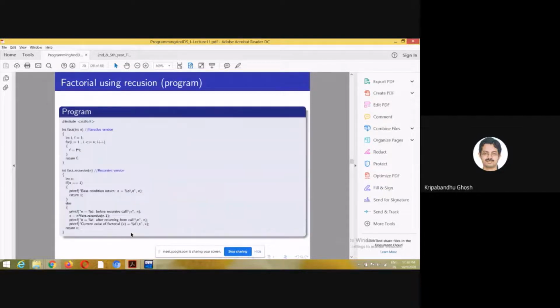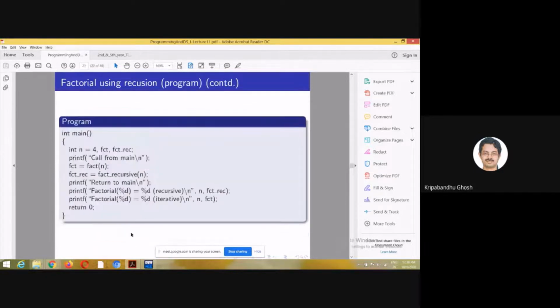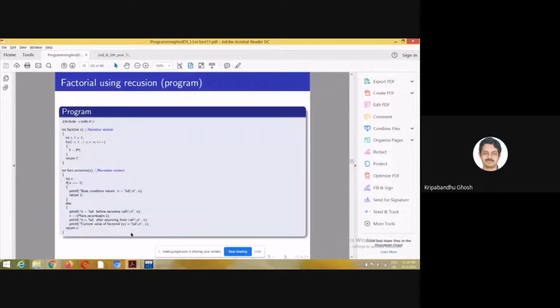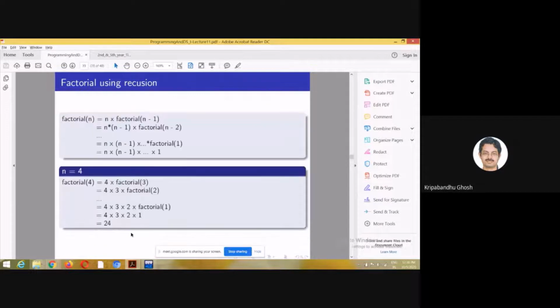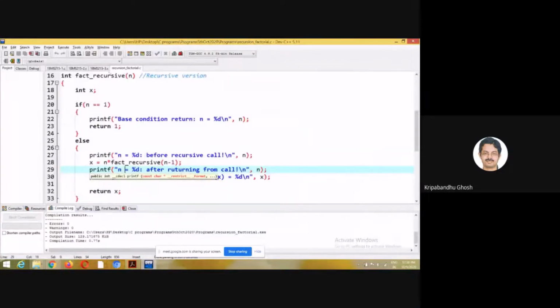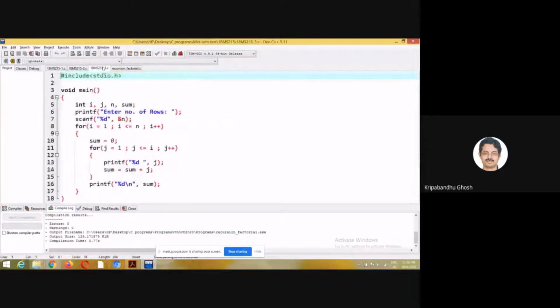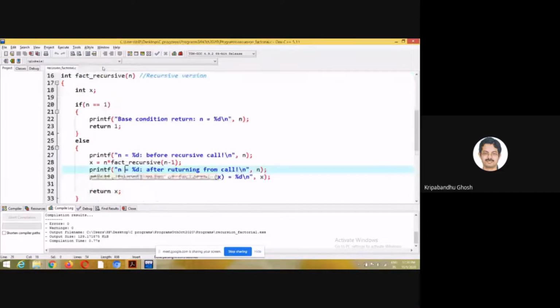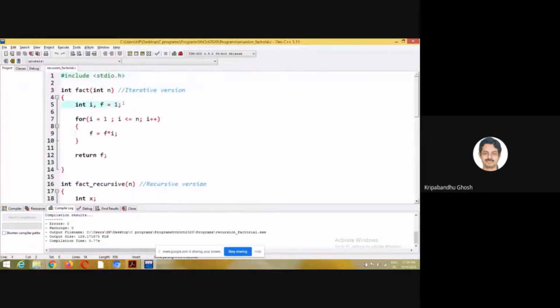Okay, maybe we can look at a program which implements the factorial of n using recursion.